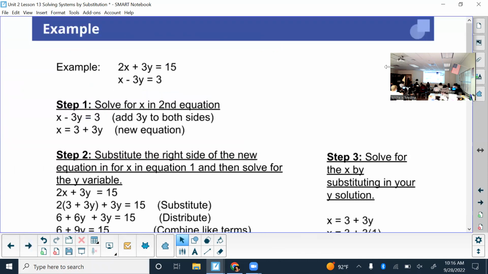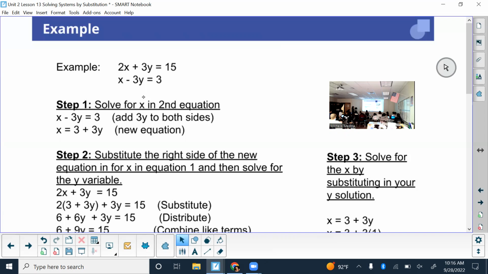All right, the steps are also written in here too, but they're specific to this example, which you could also choose to write down. So a system of equations always has at least how many equations? 2, and they will have the same variable, or at least one of the same variables. If I were to solve by substitution, and you'll see later on that some methods are better than others depending on the system,